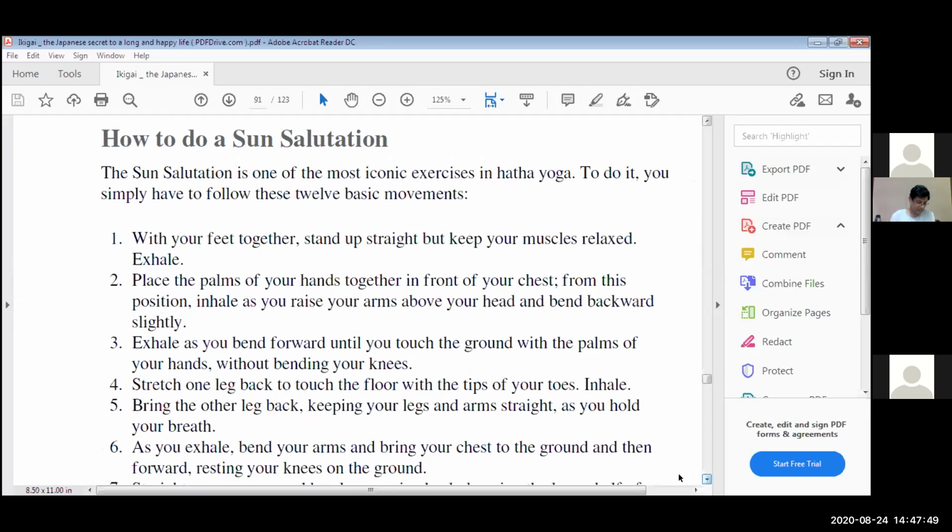1. With your feet together, stand up straight, but keep your muscles relaxed. Exhale. Place the palms of your hands together in front of your chest. 2. From this position, inhale as you raise your arms above your head and bend backwards slightly. 3. Exhale as you bend forward until you touch the ground with the palms of your hands, without bending your